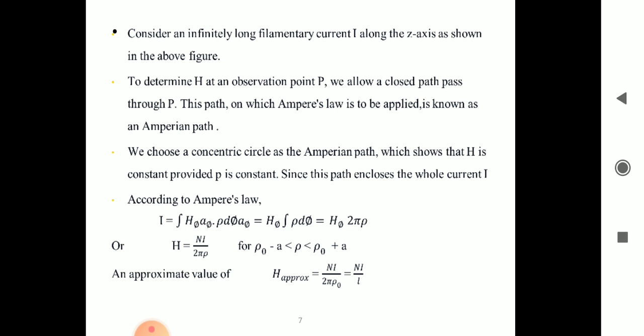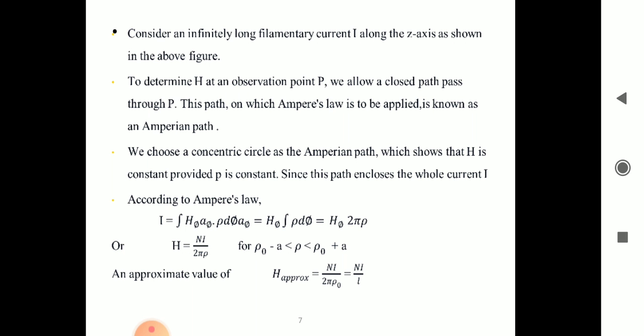Considering an infinitely long filamentary current along the z axis and finding H at an observation point P by allowing a closed path that passes through P. This path is known as the Amperean path, as we discussed. We choose a concentric circle as the Amperean path, which shows that H is constant provided rho is constant. Since this path encloses the whole current I, according to Ampere's law, we can say that I enclosed equals